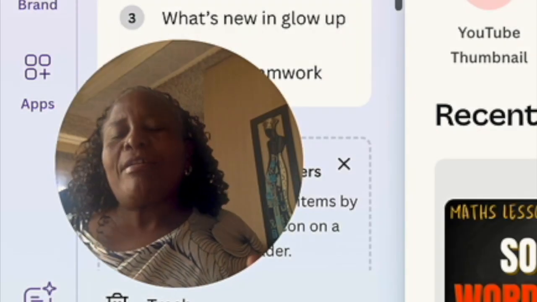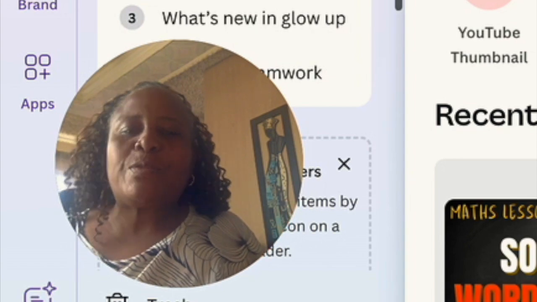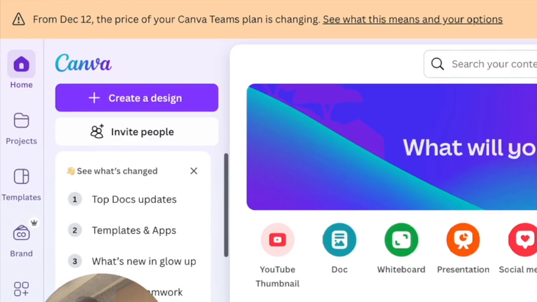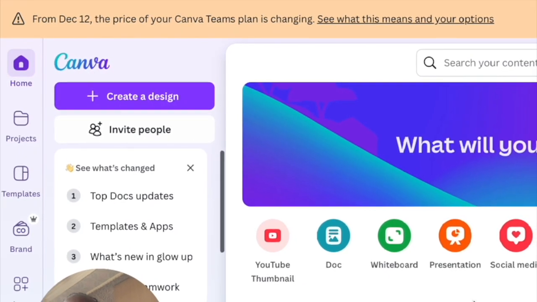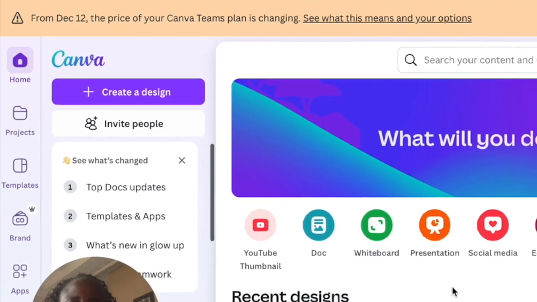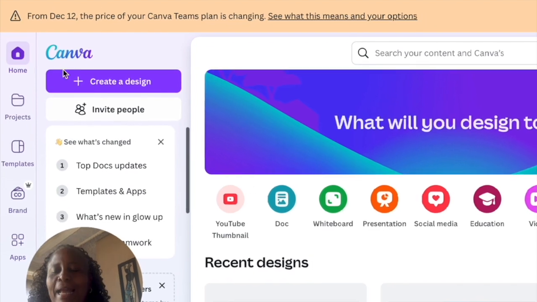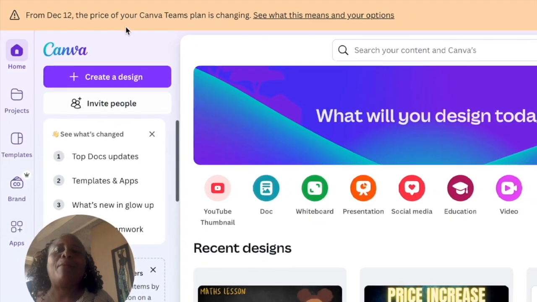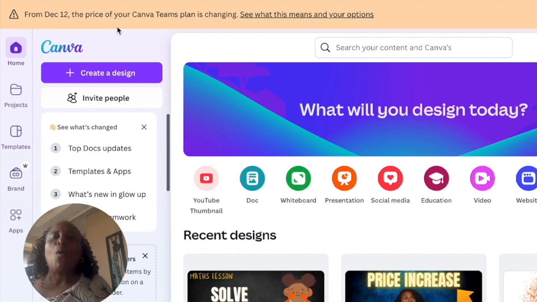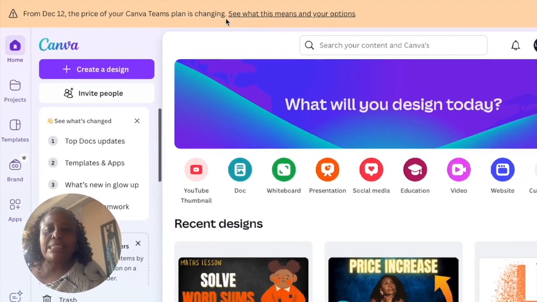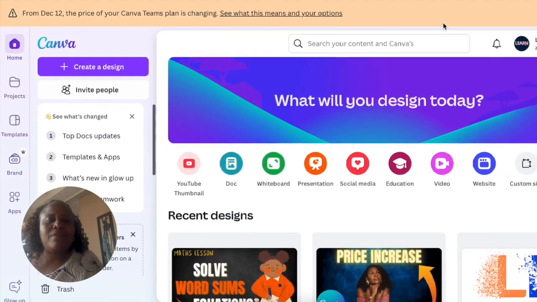There is a huge outcry right now on Canva groups on social media with a Canva price increase for teams that we're expecting in December. As you should have it, I open my Canva and I get this message that says my team's Canva is also going up. But before we see what it means for us, Canva creators,